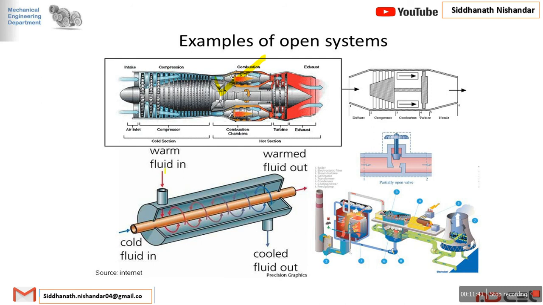In the heat exchanger, warm fluid comes in and cold fluid goes out. The warm fluid releases heat to the cold fluid. Suppose there is a pipe with cold fluid flowing in, which absorbs heat, and hot fluid circulates around the pipe. The cold fluid absorbs heat from the hot fluid, so the warm fluid becomes cool and the cold fluid becomes hot. So there is an exchange of energy as well as mass in and mass out. Heat exchangers are again an example of an open system.